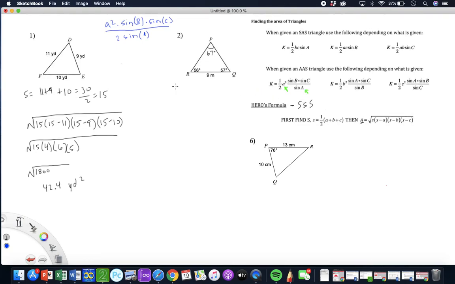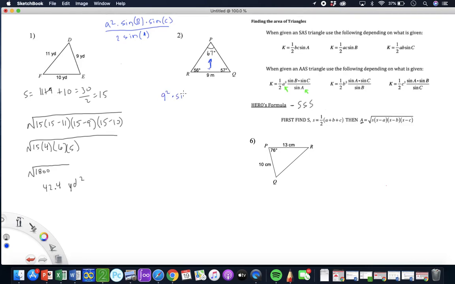So I got 1/2. Here, I'll use this one. We've kind of been using it in class a little bit, and I'll bounce back and forth, okay? So we got a squared. Now, again, recognize that the angle I'm given has to be opposite the only side I'm given. So we have this, things have to match up, all right? So we're going to have 9 squared